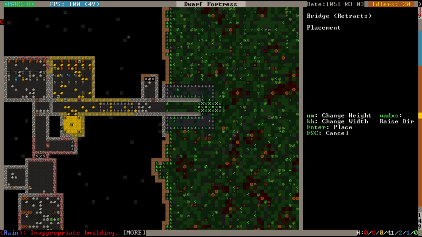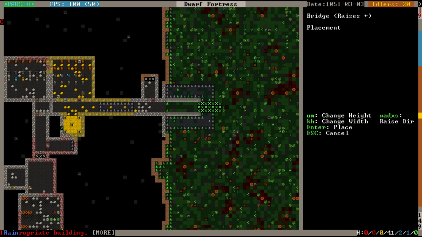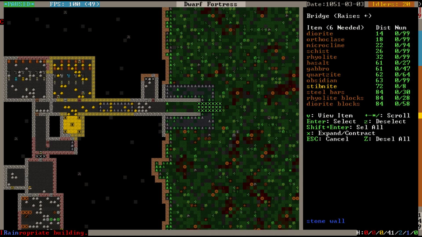You want it to retract or pull up? I want it to pull up. So I'm going to say raise direction. A. Raise is that way. That means it's going to come up and close the door off, right? I think so. Let's place that. There we go. And we'll make it out of...